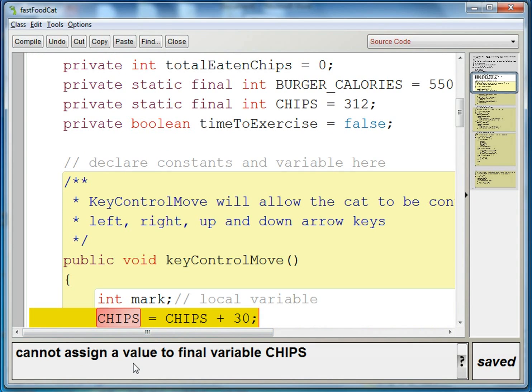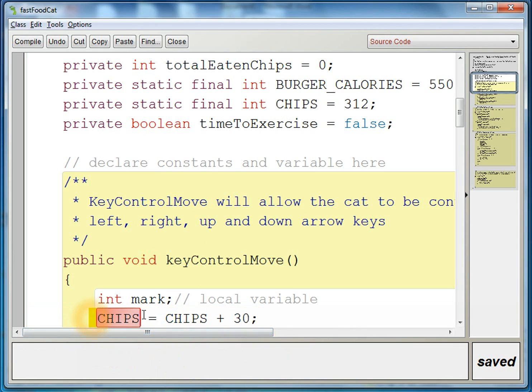Now, cannot assign a value to final variable chips, because final, that's a constant and we are trying to change it. Notice, some people seem to still be confused a little bit about what's on the left and what's on the right. What's on the left is what gets changed. So we read it like this: chips will become chips plus 30. But we cannot do that because we are trying to change the constant. That's what this is complaining about. All right, so we cannot change it. But notice we can include it in an actual variable. So if we have